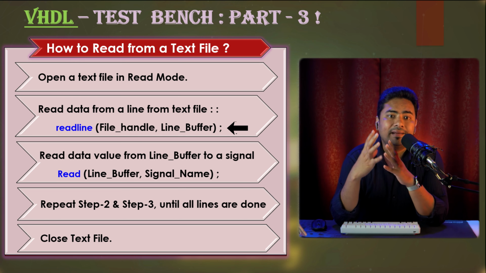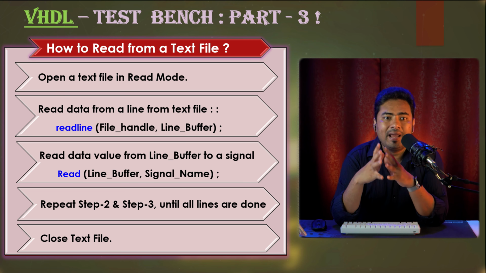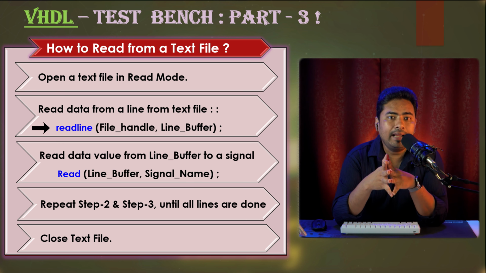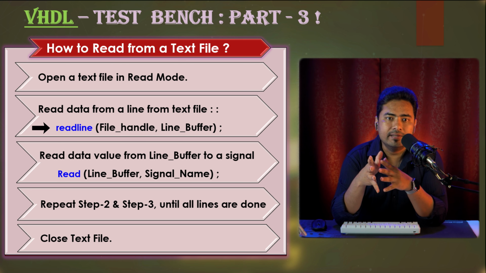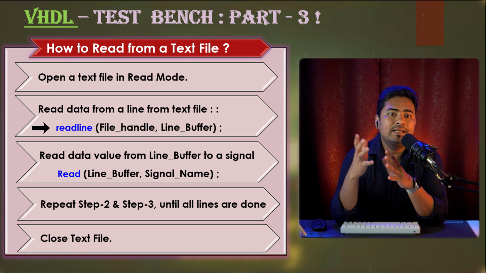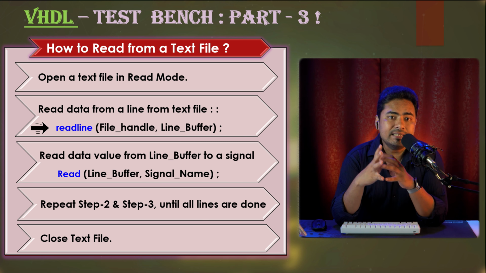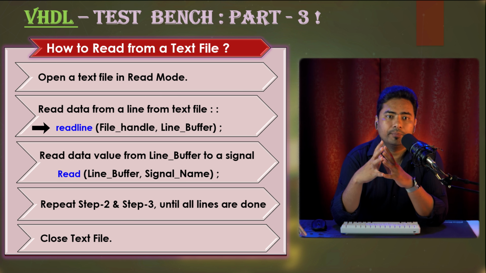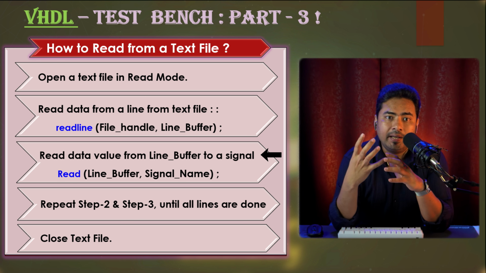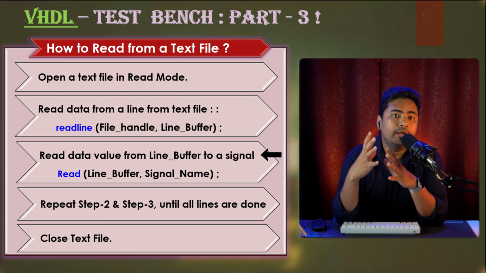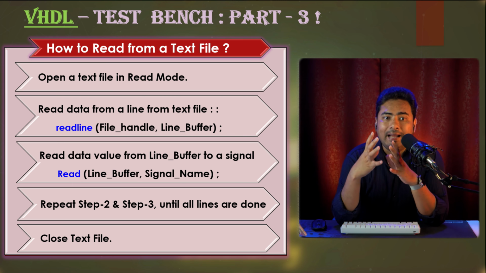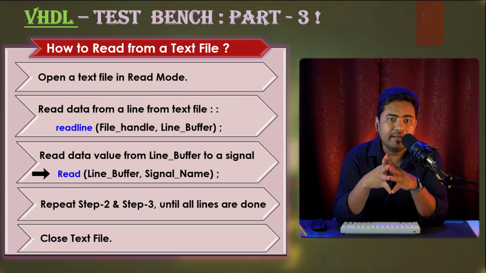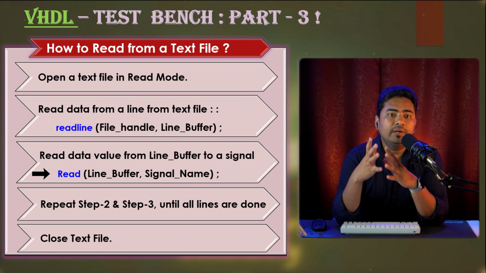First, we use the readline function in VHDL, and the syntax is readline(file handle, line buffer); So this statement reads one line at a time from the file handle and copies that data into the line buffer. And at step 3, we read this line buffer into a testbench signal. And the syntax is read(line buffer, signal name);